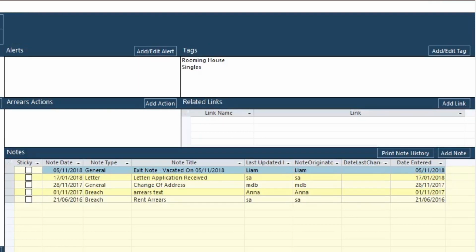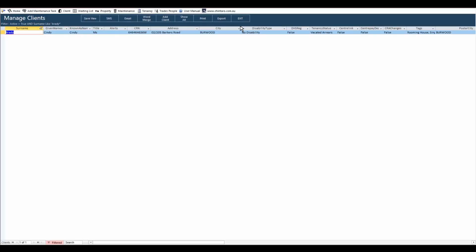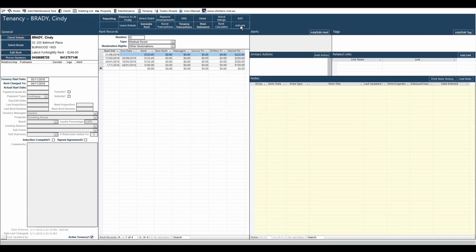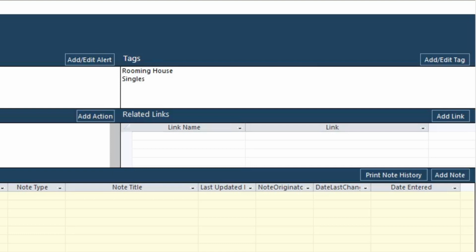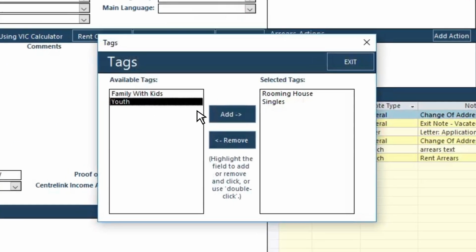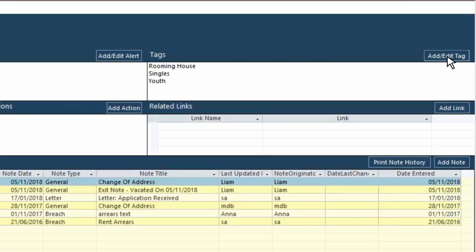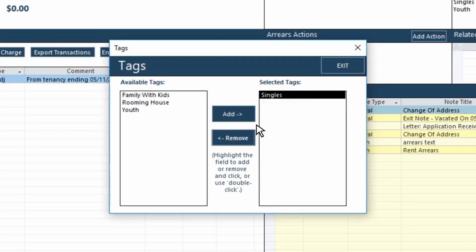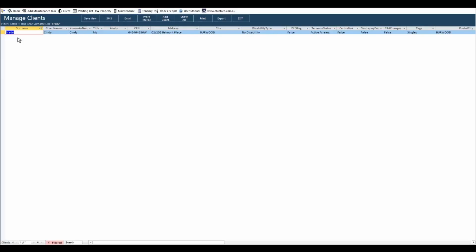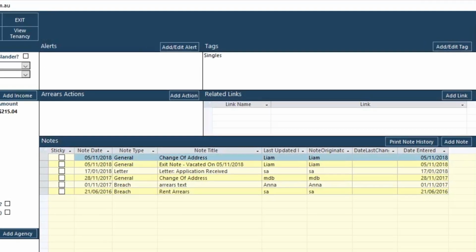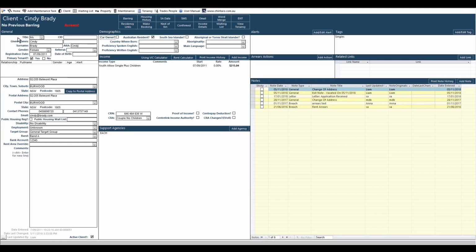her. Tags follow a client through the system. So, when a client becomes a tenant, the tags will appear on the tenancy screen for that client. When we update the client record with a tag, it will appear on the tenancy record. When we add or remove tags from the tenancy record, it will also update the client record. If there's a tag that we want to use and it isn't in our list of available tags, we can